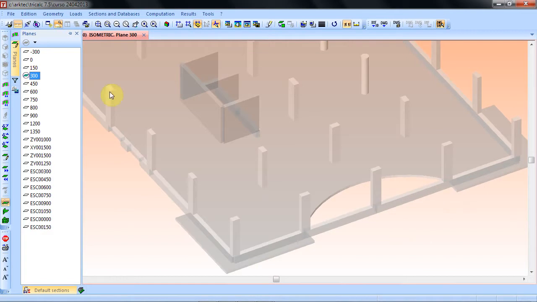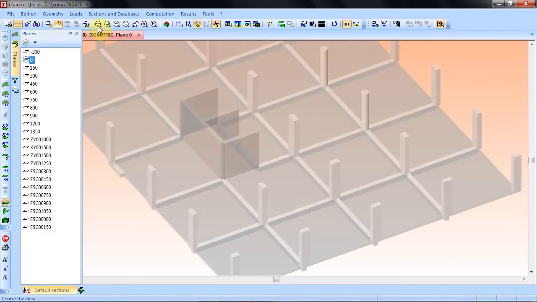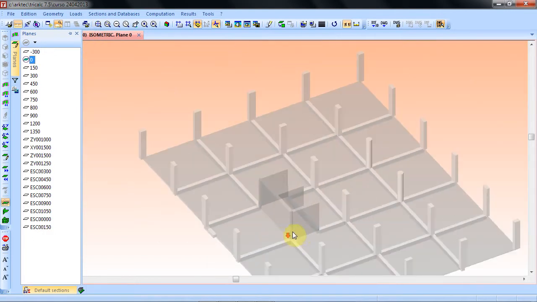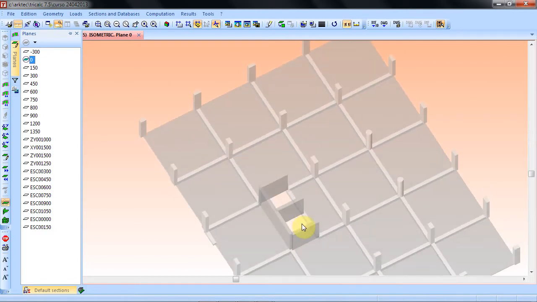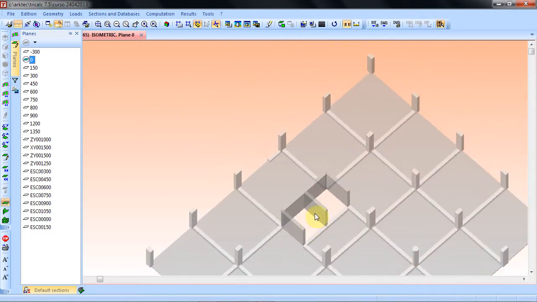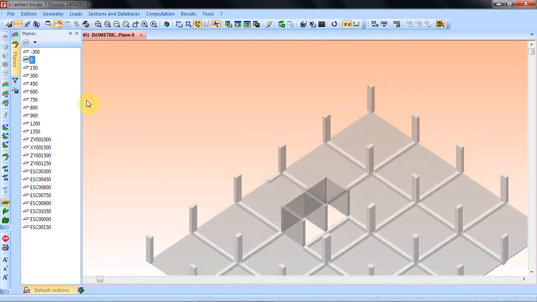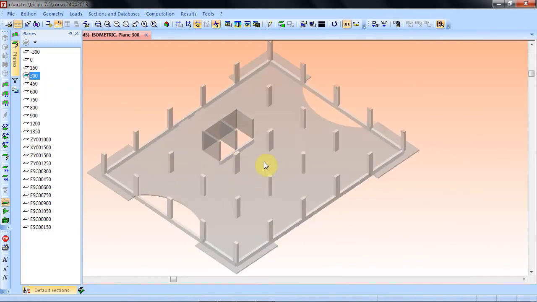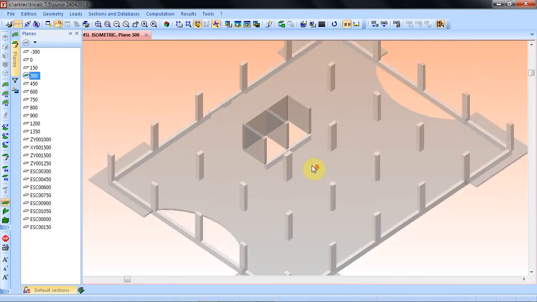In the next level we have a slab with beams modeled in TreeCalc and shear walls with its openings in here. In the next level we have a solid slab that is supported directly by columns. We also have some cantilever slabs,